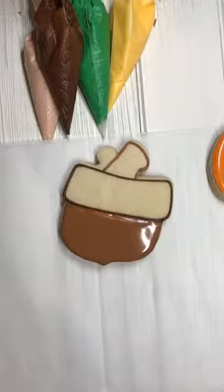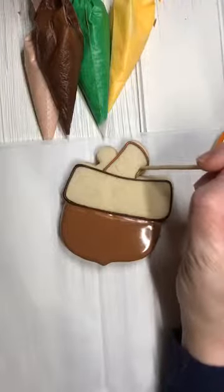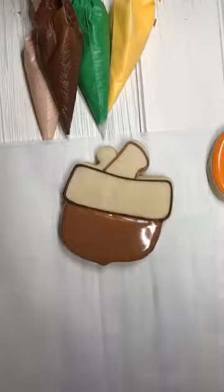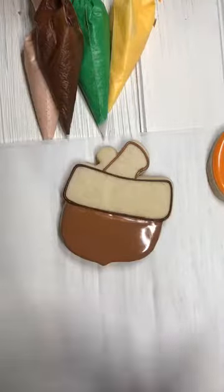Alright, once you have the outline, and I messed up right here. I'm working by looking at my cookie from under my phone, so it's sometimes really difficult to see what I'm doing. But